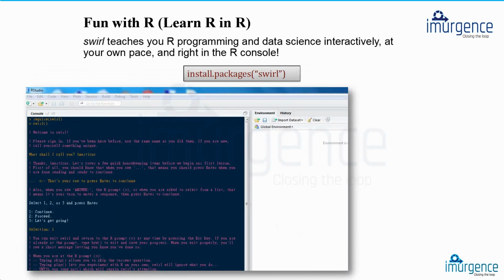And now some fun with R. If you want to learn R a little bit on your own at your own pace later on, you can use the swirl package. Swirl is a package which is used by instructors and by students. The instructors develop a tutorial and load it as a lesson, and swirl helps you use it as a tutorial. This will open up within RStudio. So you just have to say install.packages swirl, and then you have some options like install from swirl, and then you type the name of the lesson you want to learn.